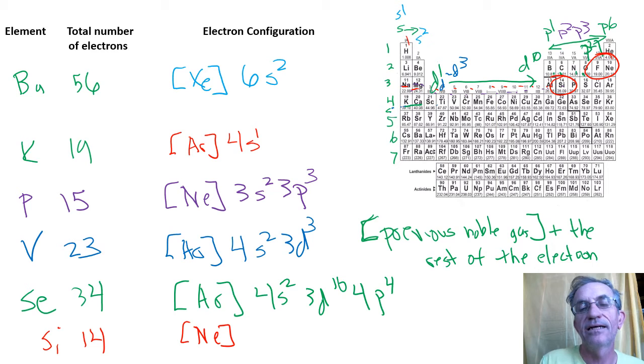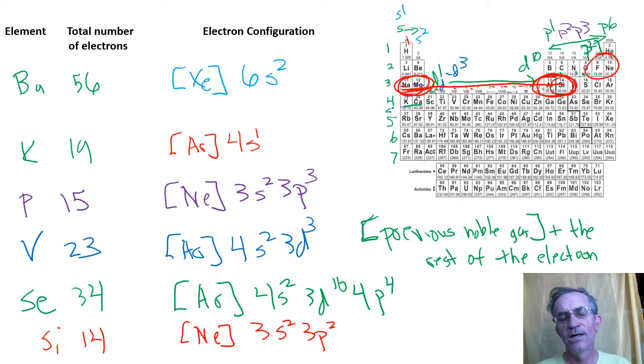We would write neon followed by 3. Now we've got to get through the third row. 3s2 followed by 3p2. So this is the 3s region, and then you've got to fill up part of the 3p region. All right, so hopefully that makes sense. We'll probably do an example or two during our Zoom time. So once you get the hang of it, it's not too bad, but it might take a little while for